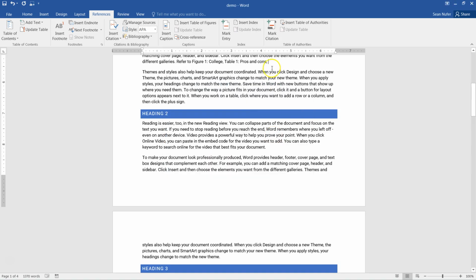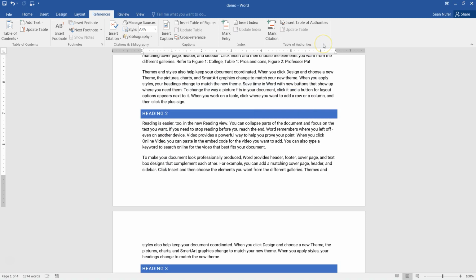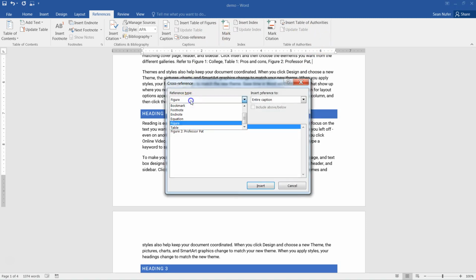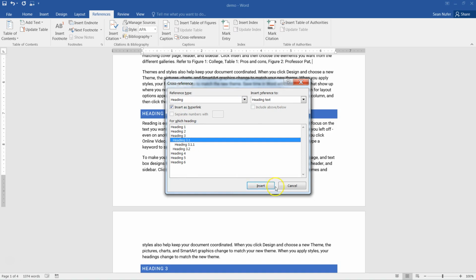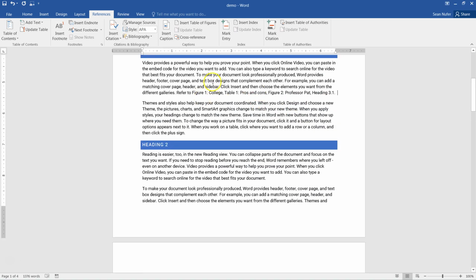Sorry. Oh, I didn't press OK. Professor Pat, insert. And then maybe I'll put one more. Cross-reference, heading 3.1. Insert there. Now the advantage to what I just did, this isn't just inserting words into your document, but these